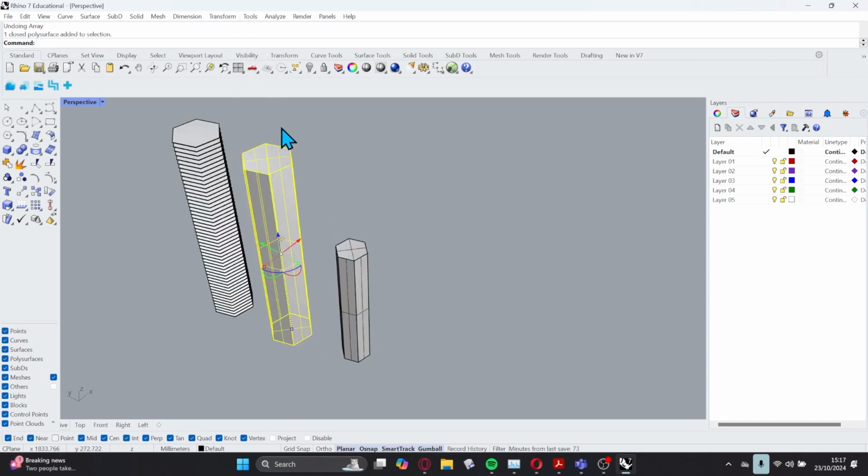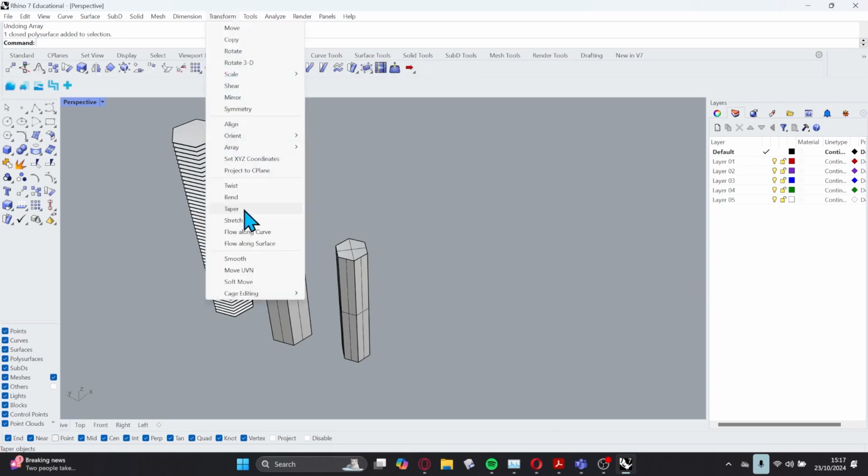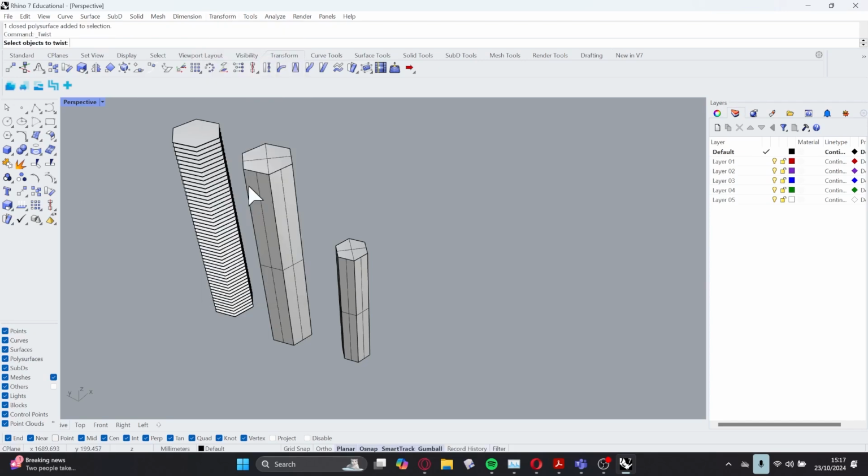In Rhino, you can either select your geometry first, then run the command, or run the command, and it will tell you in the command line to select your geometry. Yeah? So I can go to transform in the menu bar, and this time I'm going to go to twist,